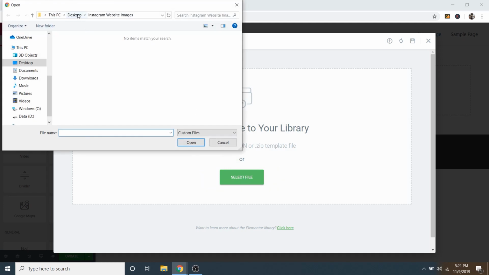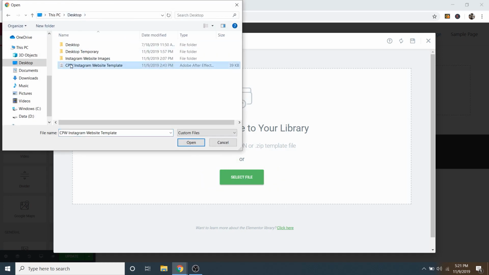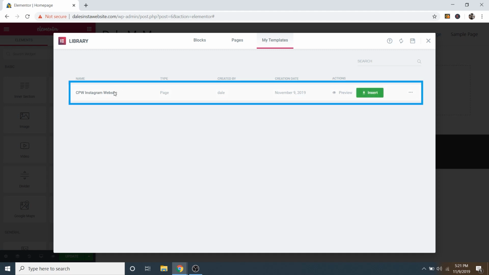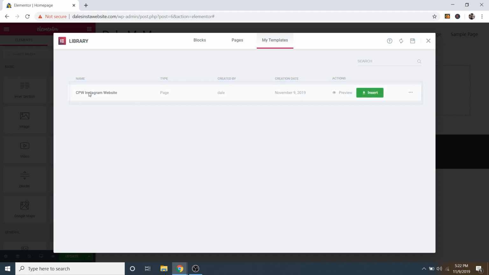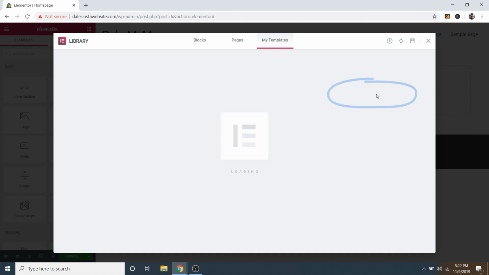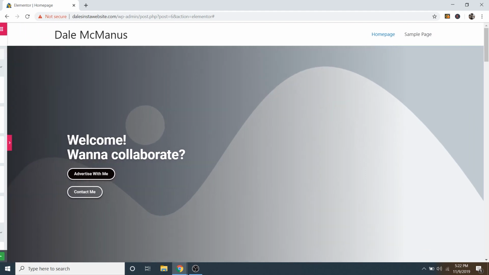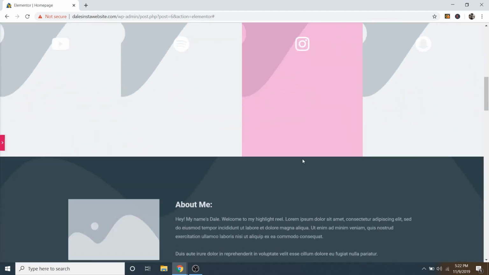And then I'm just going to go to my desktop and grab the CPW Instagram website template. So I'm going to grab that and then just click on open, and that will be in that folder which is in the description. And then as you can see, once I upload it, it's here in my templates library. So now all you want to do is just click on insert in here in green, and boom, just like that. If we close this menu here with this little hide panel button, you can see we've got our website,